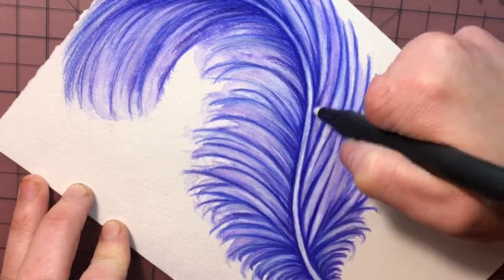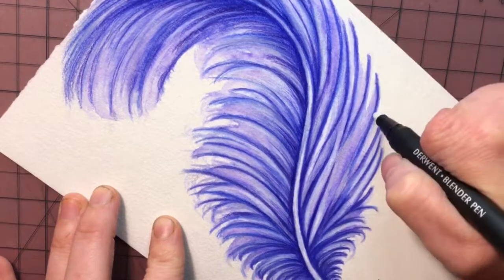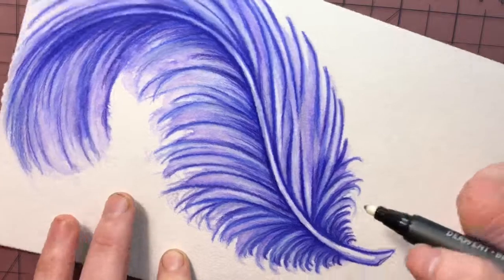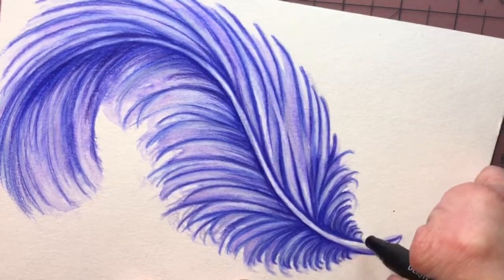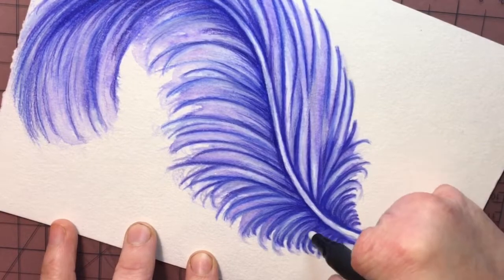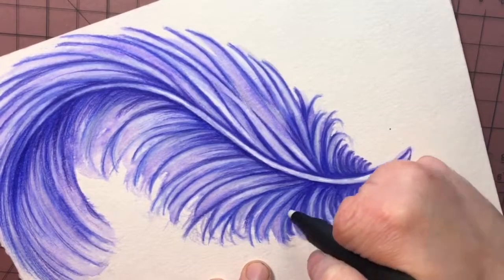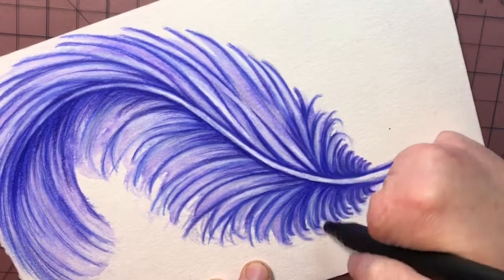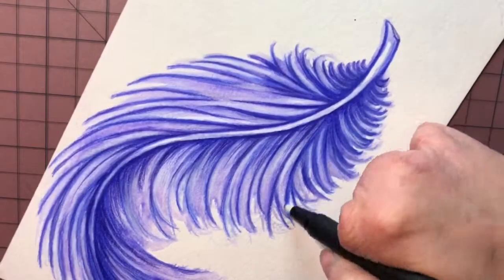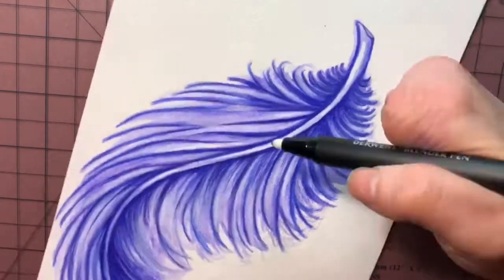So this next step that I did is completely optional. What I'm using here is a clear alcohol ink based blender. The one I'm using is from Derwent, and it's a little bit of a wider tip. They come in thinner tips. Either one would be fine, but again, completely optional. I went ahead and used it just so you could see what it looked like to blend with a clear blender,